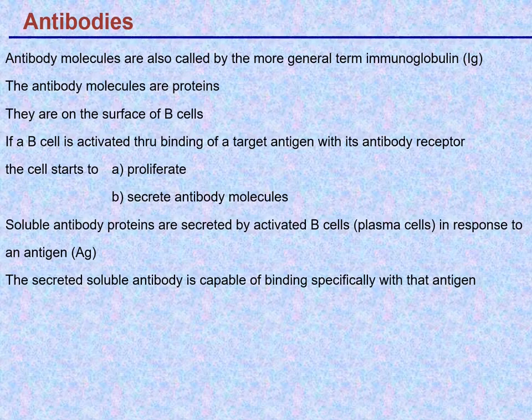Now, activation of a particular B cell occurs when it binds to its target antigen. And with activation, there are two key things that happen. One is it starts to,